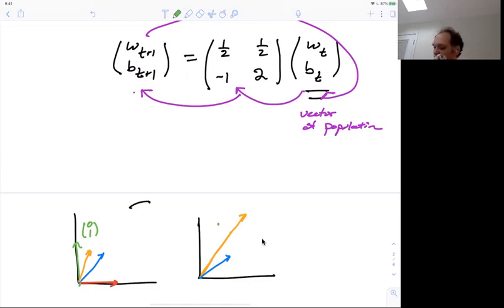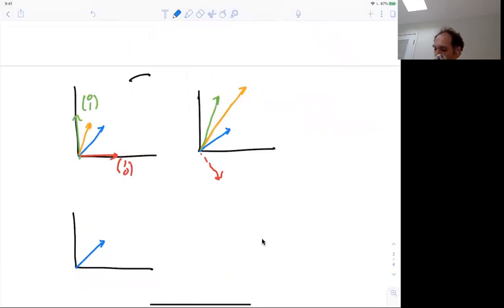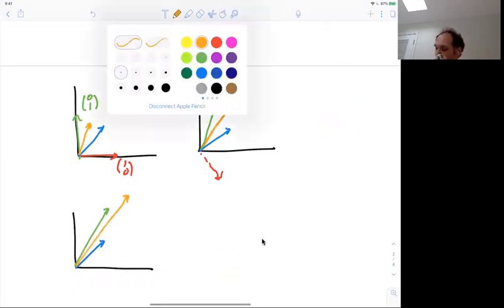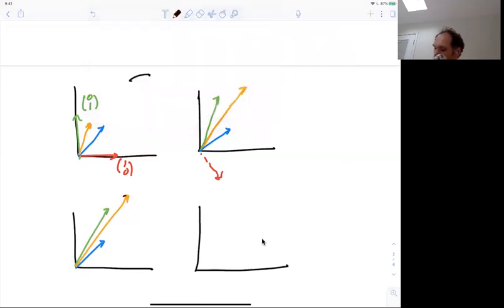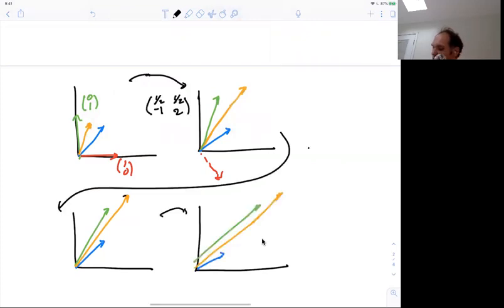And we can keep doing this. So that's after 1 step. What's going to happen after 2 steps? After 2 steps, you're going to have something that looks like this. And 3 steps, it kind of gets off the charts. We're going to end up with something that looks like this. And what's happening at each step here is we're multiplying by a matrix. We're multiplying each of these vectors by the matrix 1/2, 1/2, minus 1, 2. So every step, we're multiplying by this matrix.